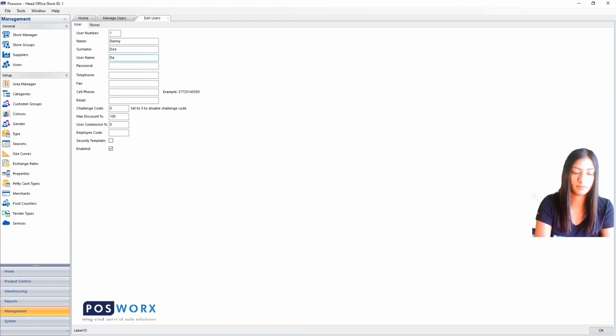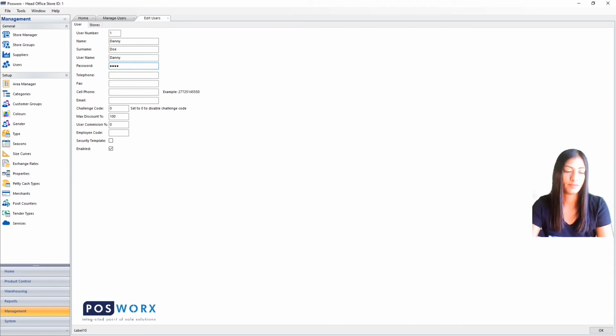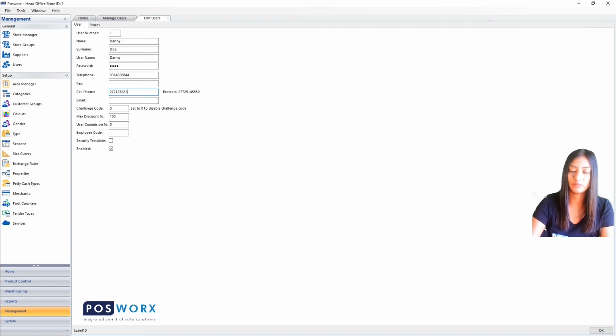Username. The username is usually the same as the name. The password is set at a default password, 1234, and can be changed at a later stage. Telephone number. You can enter in a fax number, cell phone number, you can enter in an email address,